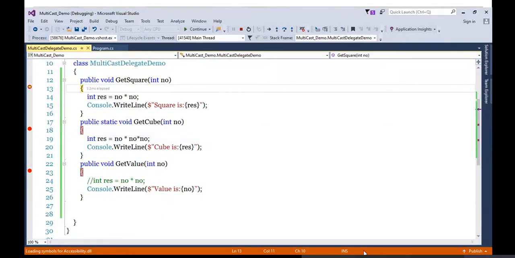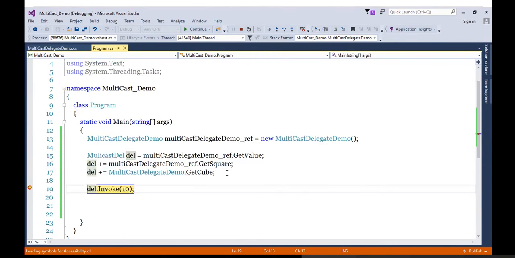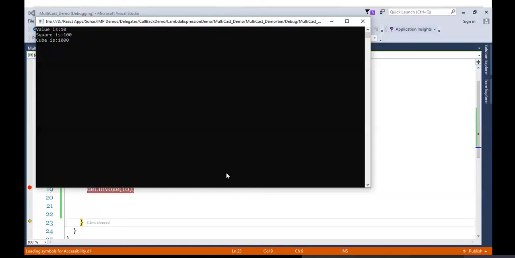It will execute GetSquare first up. And then finally it is going to GetCube. Okay. And you will get the answer. See, the answer has come already. 3 answers, in fact: the answer of GetValue, the answer of square, and the answer of cube.